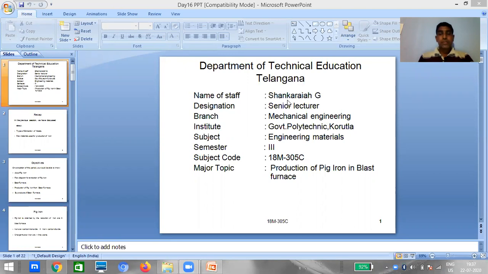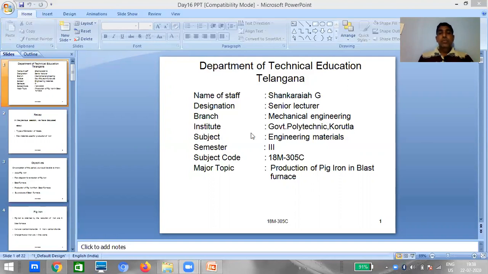So what are the different methods we are having? Those things we have discussed in the previous session. And along with that, we also discussed what are the raw materials that are used to produce iron and steel. So in general, how we can get iron and steel from these ores, what are the raw materials we are going to use for production of iron and steel, and what are the methods we are having, that means how to produce this iron and steel. What are the different methods we are having in our syllabus? Those things we have discussed in the previous session.